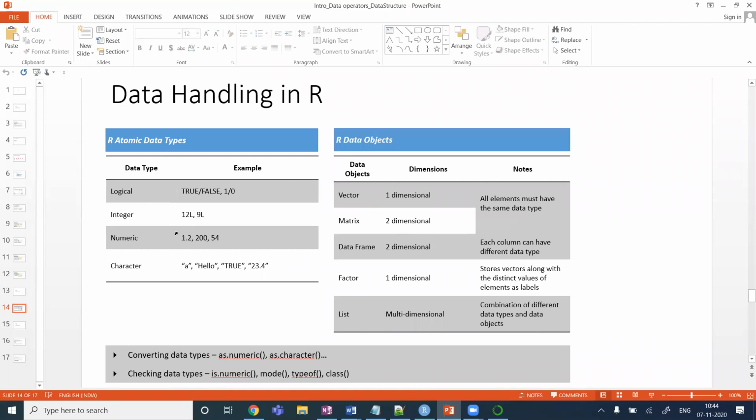If you have an integer number but you are sure that no fraction part will ever come to it, no matter how many computations you do, you have to literally define it as an integer with the suffix L, and it will be stored accordingly. I hope this difference is clear to you. This difference is not by definition, but by the way it's stored in memory.